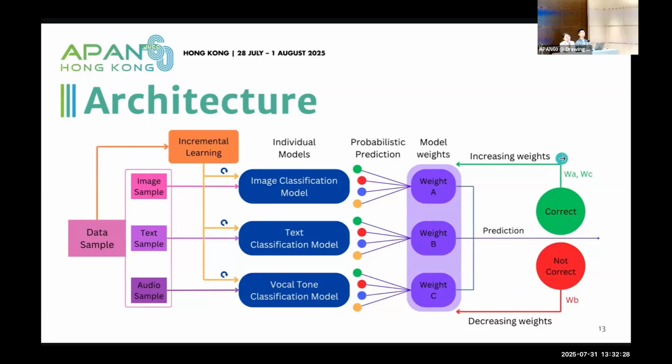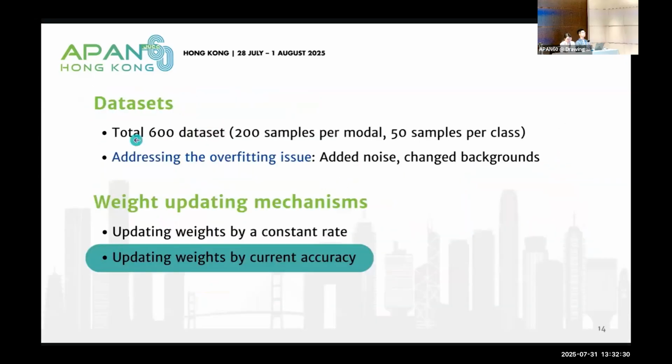For the personalized datasets, we use 600 samples, about 200 per model. Overfitting was the major concern, so we added noise to the vocal tone datasets and changed image backgrounds as much as possible to generalize the data. We experimented with two weight updating mechanisms: updating weights at a constant rate and updating weights based on the current accuracy of each model.